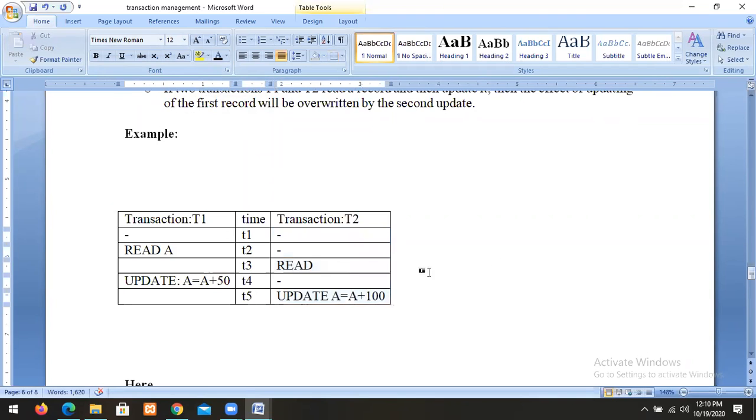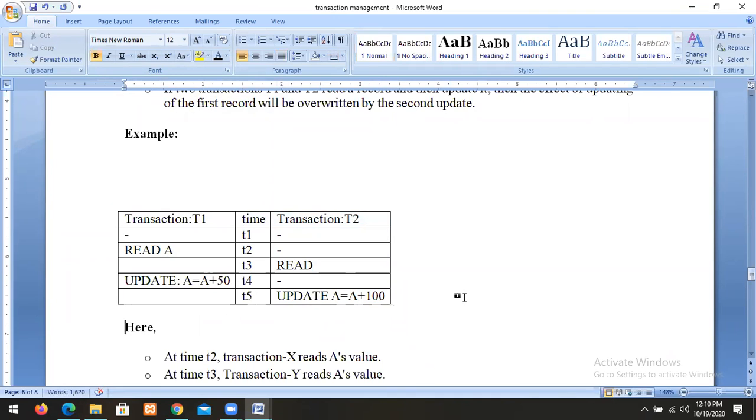So let us assume that there are two transactions, T1 and T2. At time T1, and at time T2, transaction T1,